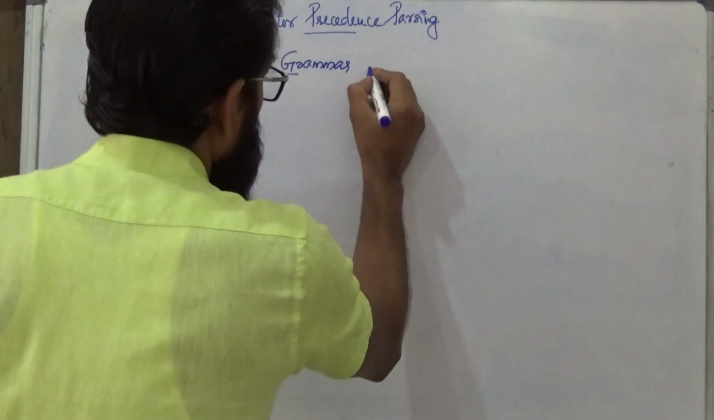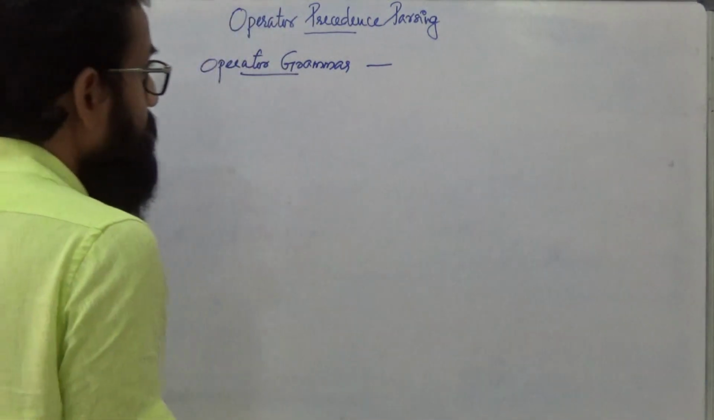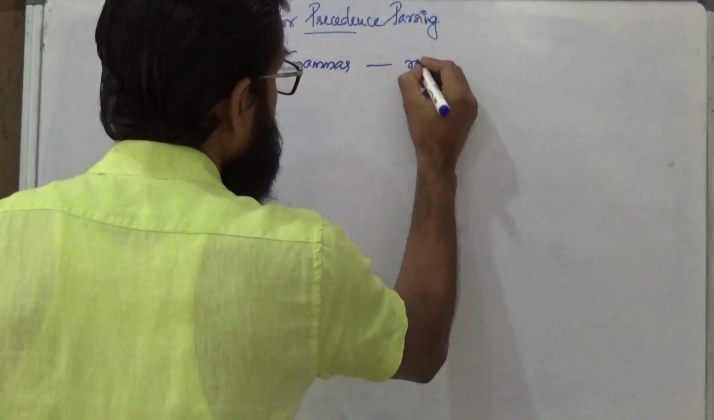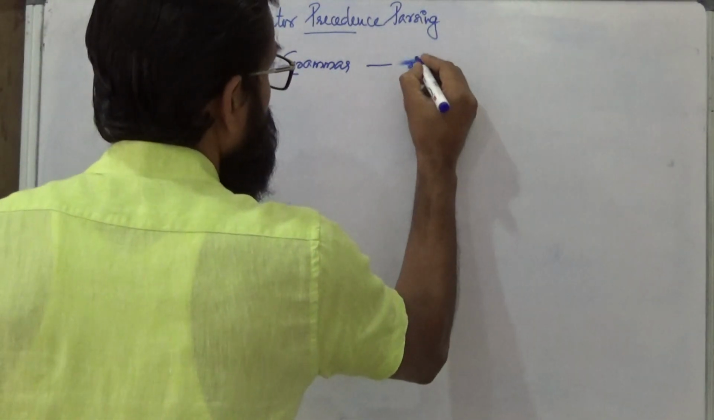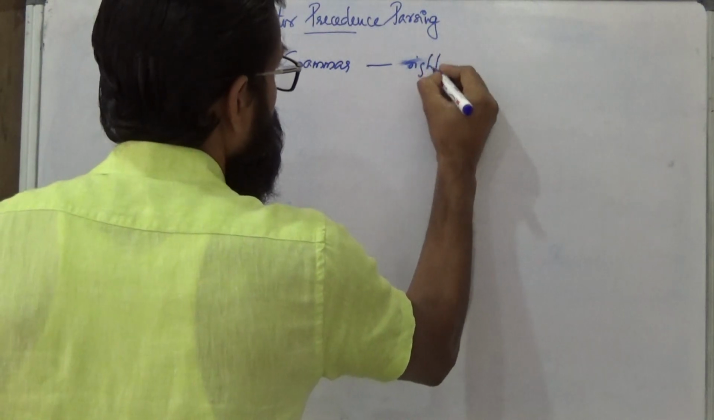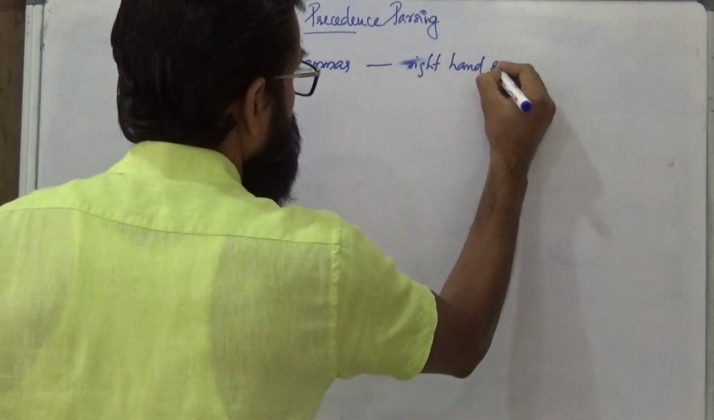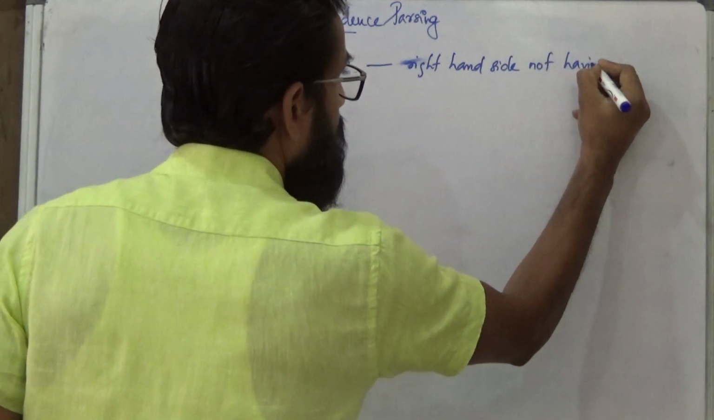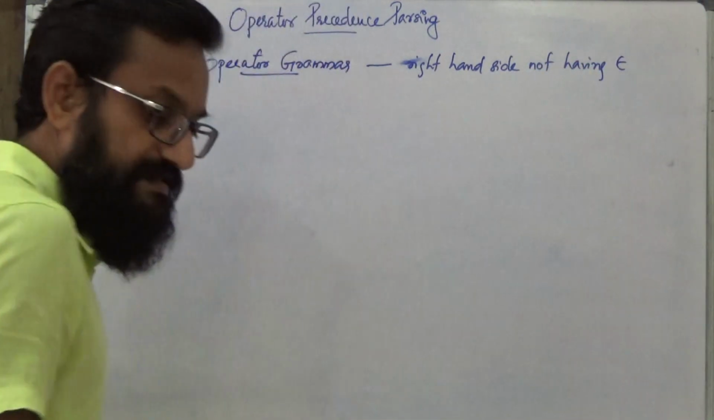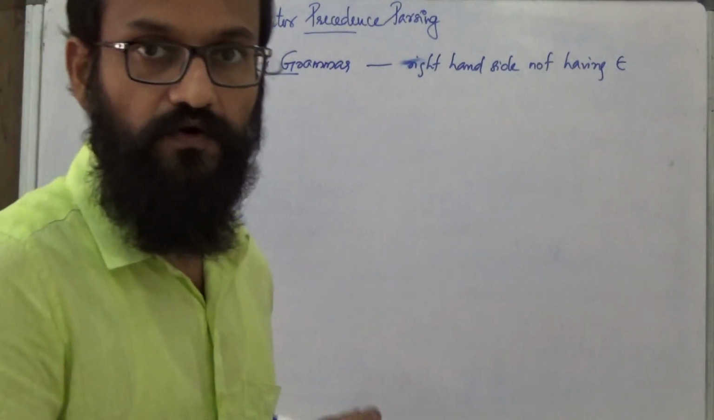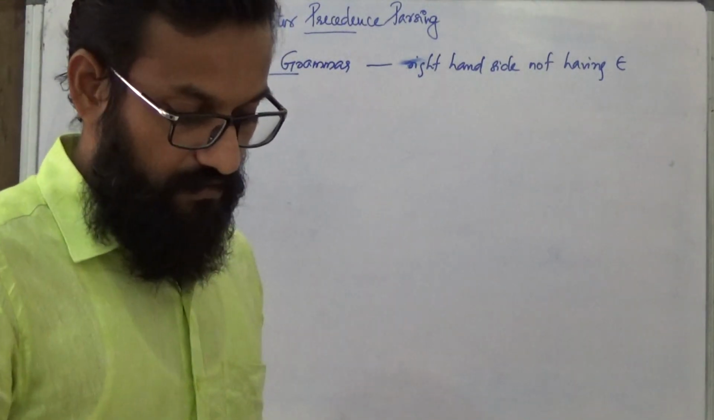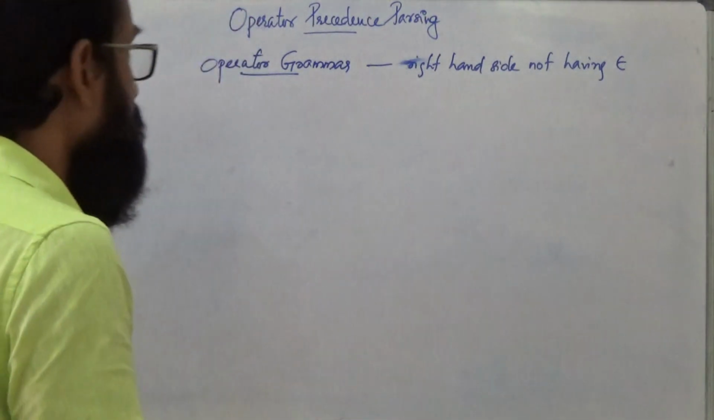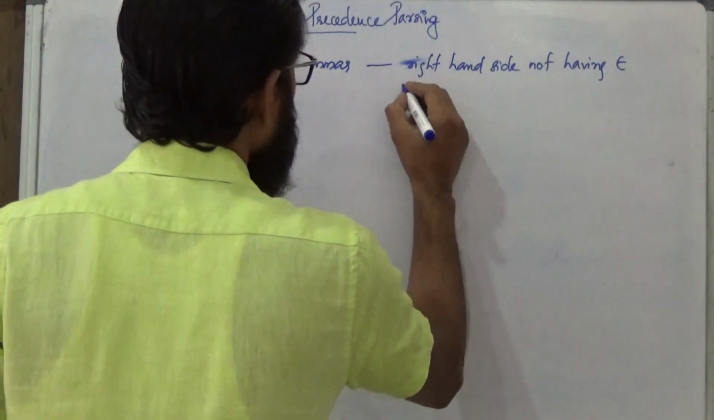A grammar with a set of productions whose right hand side is not having epsilon. That is the first property to be satisfied by an operator grammar. No production must have epsilon in the right hand side. And the second one is